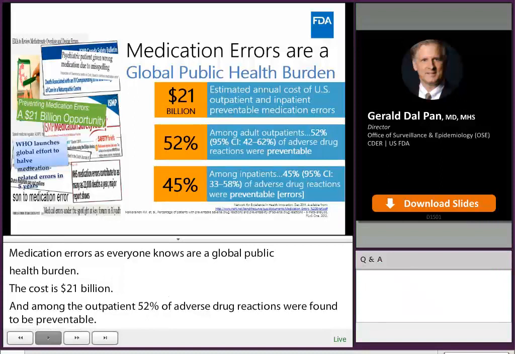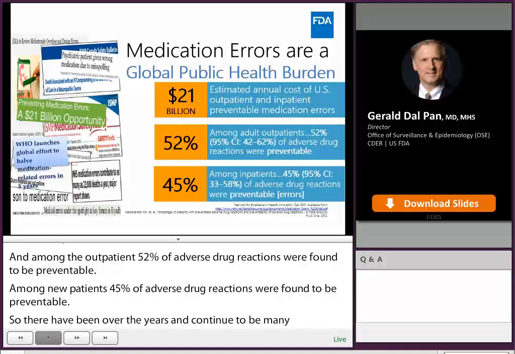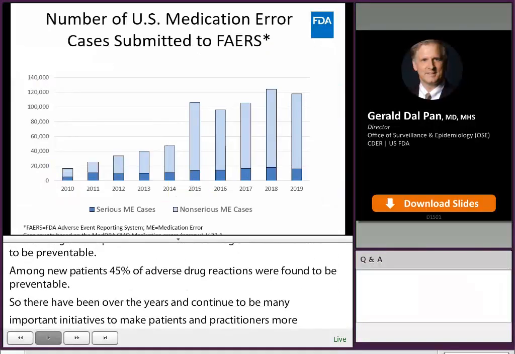So there have been over the years, and continue to be, many important initiatives to make patients and practitioners more aware of the potential for medication errors in an attempt to reduce them. So the number of medication error reports submitted to FAERS has also gone up. After a